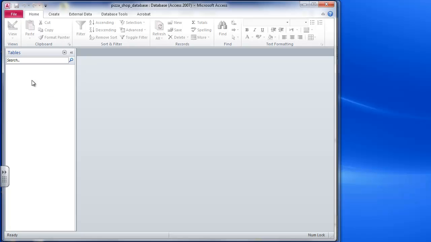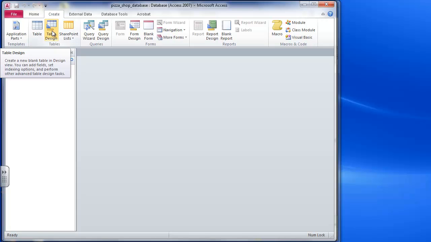So what I'm going to do is double click here, and to create the table in Design View, I'm going to go to Create and Table Design. Now if I choose Table, it opens a blank table ready for me to just enter data, and it tries to figure it out from there. But good database designers should have an idea of the structure of their database, and we should just go to